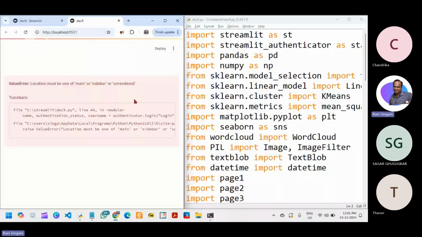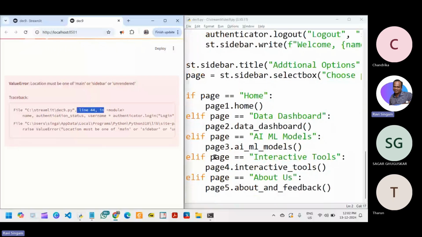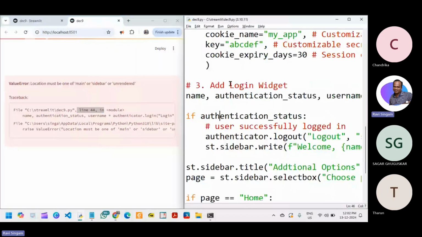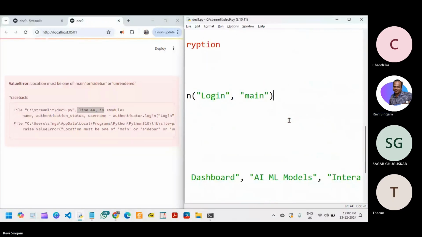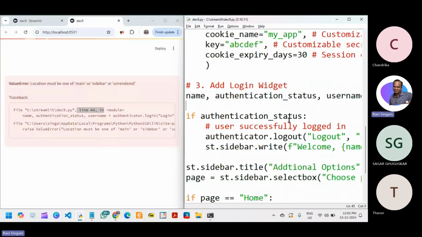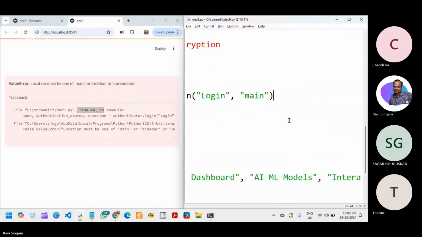So in line 44, okay, we have a problem. Line 44 we have a problem. We are in line 60. This is line 46, line 44. So add login widget. So let me just check here. So line 44,